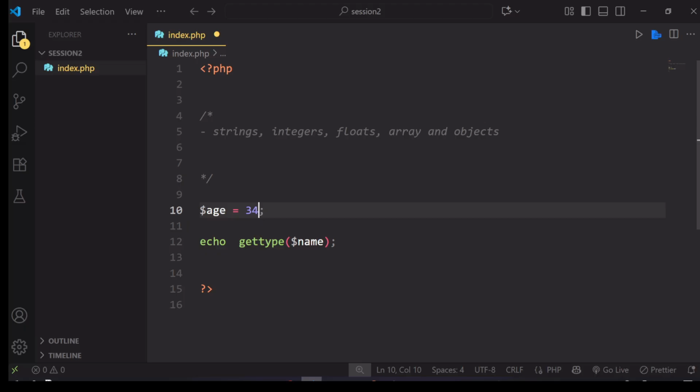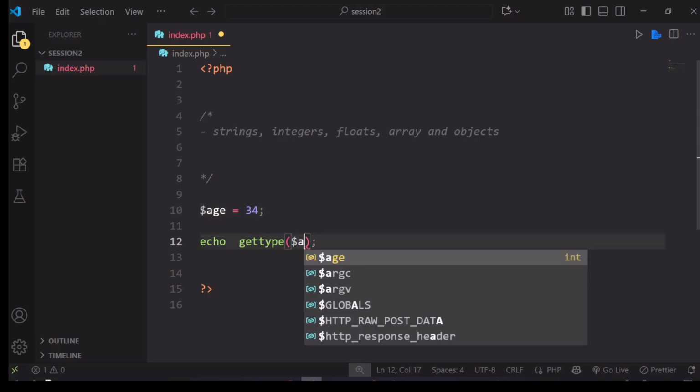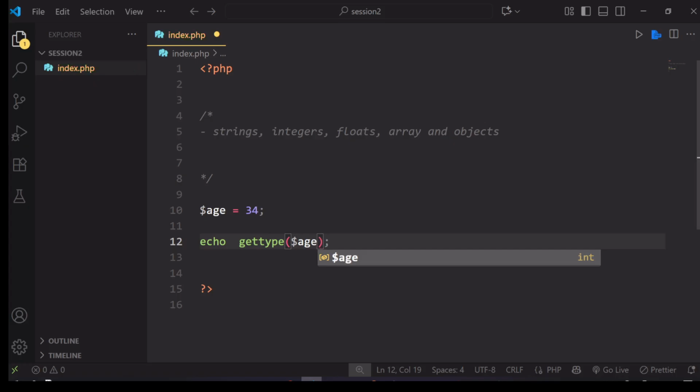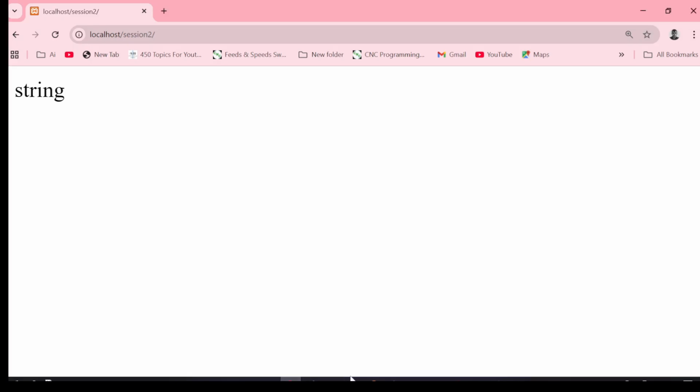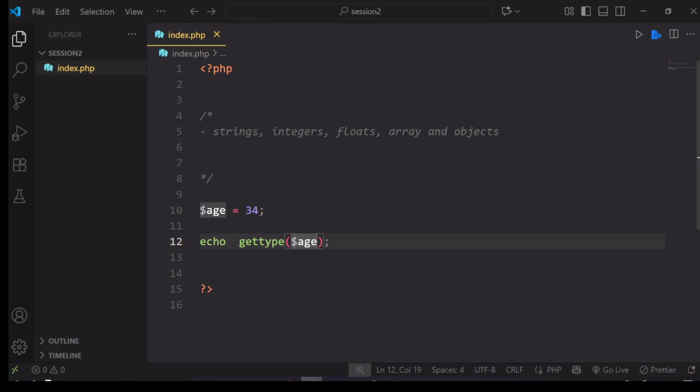When you put them in quotes, then you're turning them into a string. So when we echo gettype of age and I go to my browser and refresh, it will tell you that it is an integer. And we are seeing very clearly that the variable age is storing an integer,